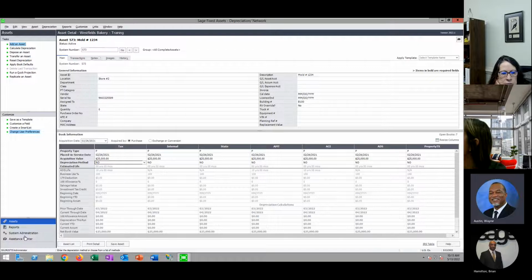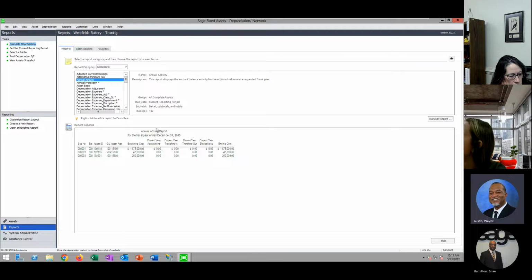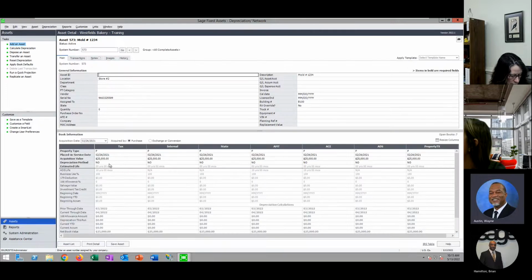However, if you run your additions report, I'm talking about the annual activity report, and you're spending, let's say, 30 grand a year on new computers but you don't have them in the system, then when you look at your additions and your total acquisition spend for the year, it's not including that number, which can be significant. Whereas if you add them in here, where you can capture all the asset details, serial number, who has it, and so on, and then use do not depreciate, it's not generating depreciation